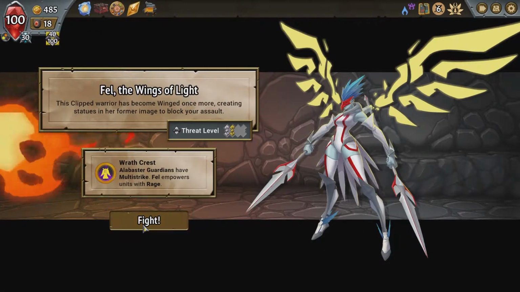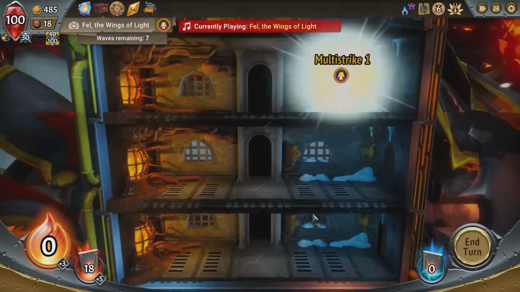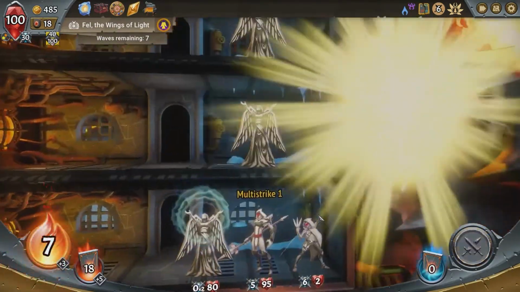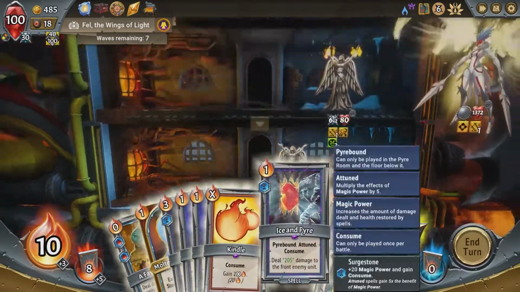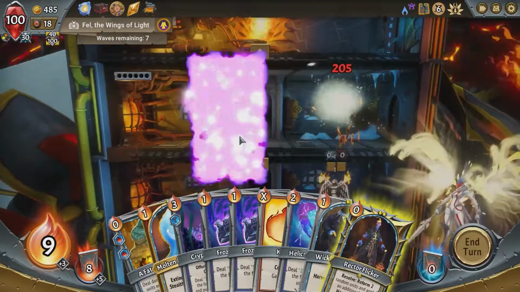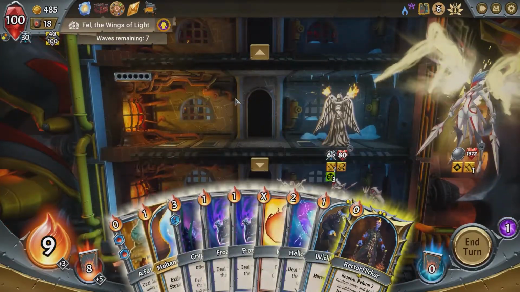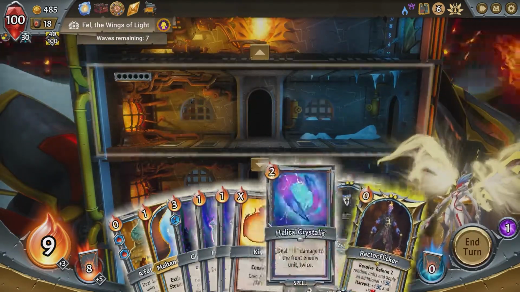So here's, again, Fel. Now, Fel is going to be also a little bit annoying because the statues are actually really hard for us to deal with. Pretty much. It is really annoying. So what I kind of think here is, why don't we just kill the top statue